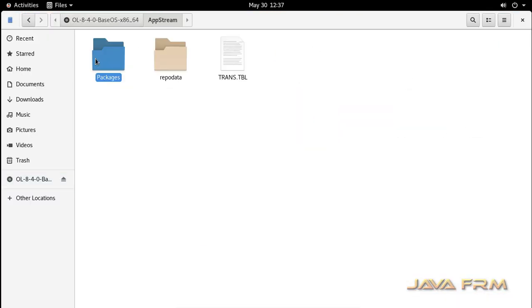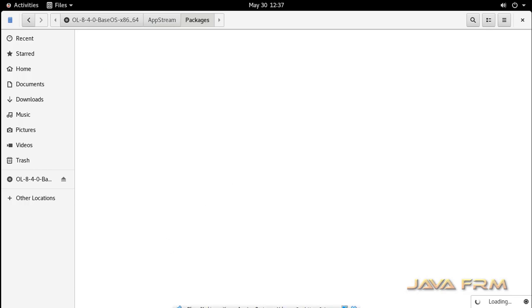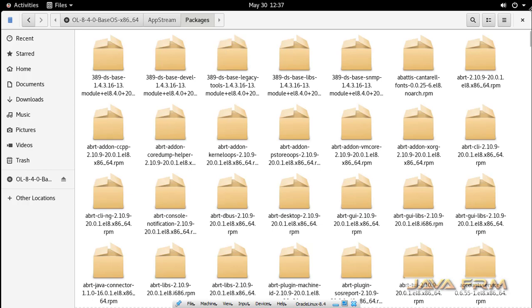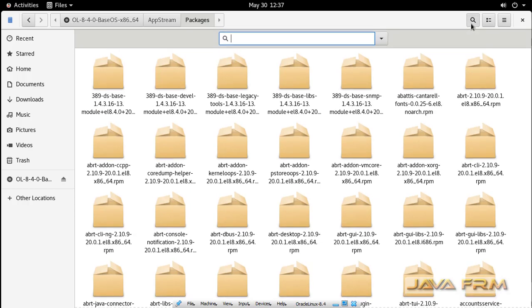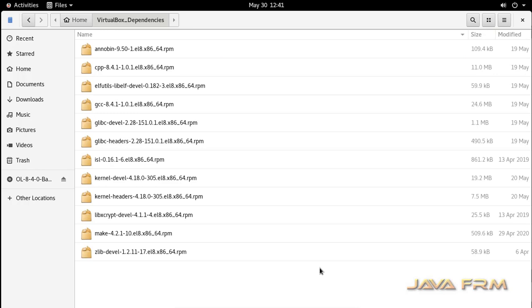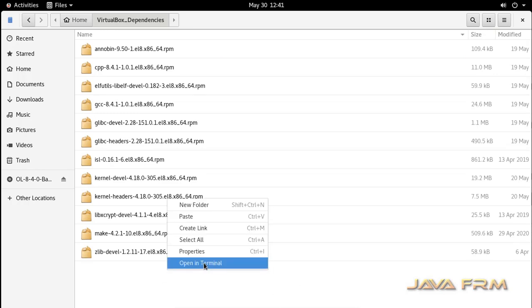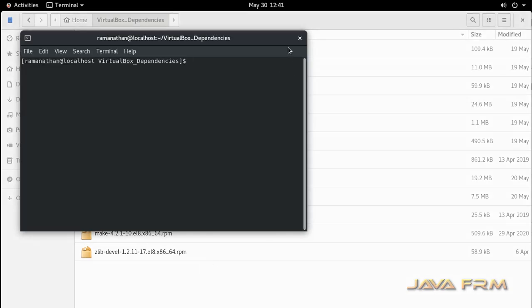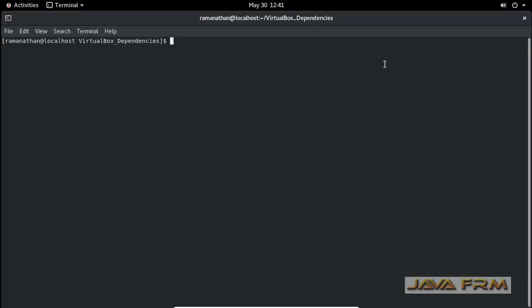You can see that the AppStream and BaseOS directories are there, and under them a lot of RPMs. From there I am going to copy all the dependent RPMs needed by the VirtualBox Guest Additions software. I have copied them already.